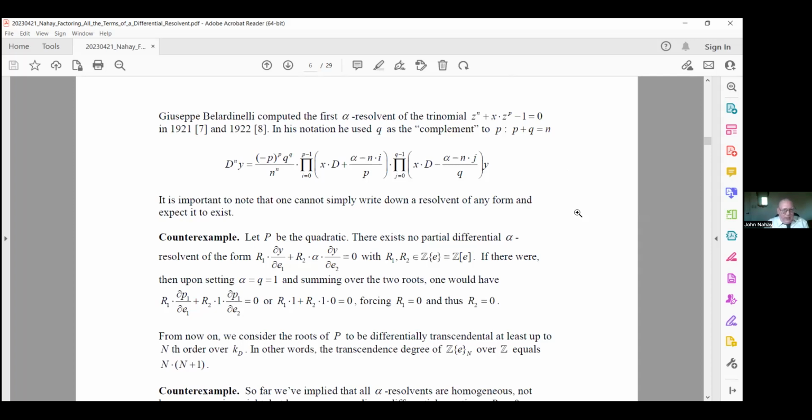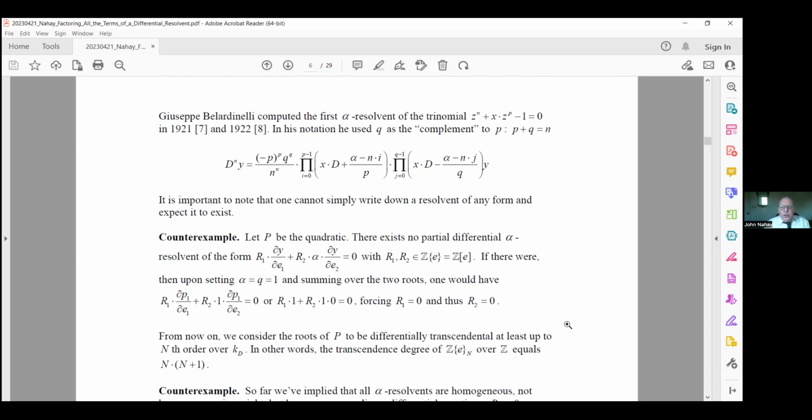Counterexample: let P be a, I'm sorry. It's important to note that one cannot simply write down a resolvent in any form and expect it to exist. So let's say P is a quadratic polynomial. Then there exists no partial differential alpha resolvent of the form R1 partial y with respect to E1 plus R2 alpha partial y with respect to E2, with R1, R2 in the base differential ring. If there were, then upon setting alpha equal to q equal to 1 and summing over the two roots, you would get this equation, and you'd get r1 times 1 plus r2 times 0,